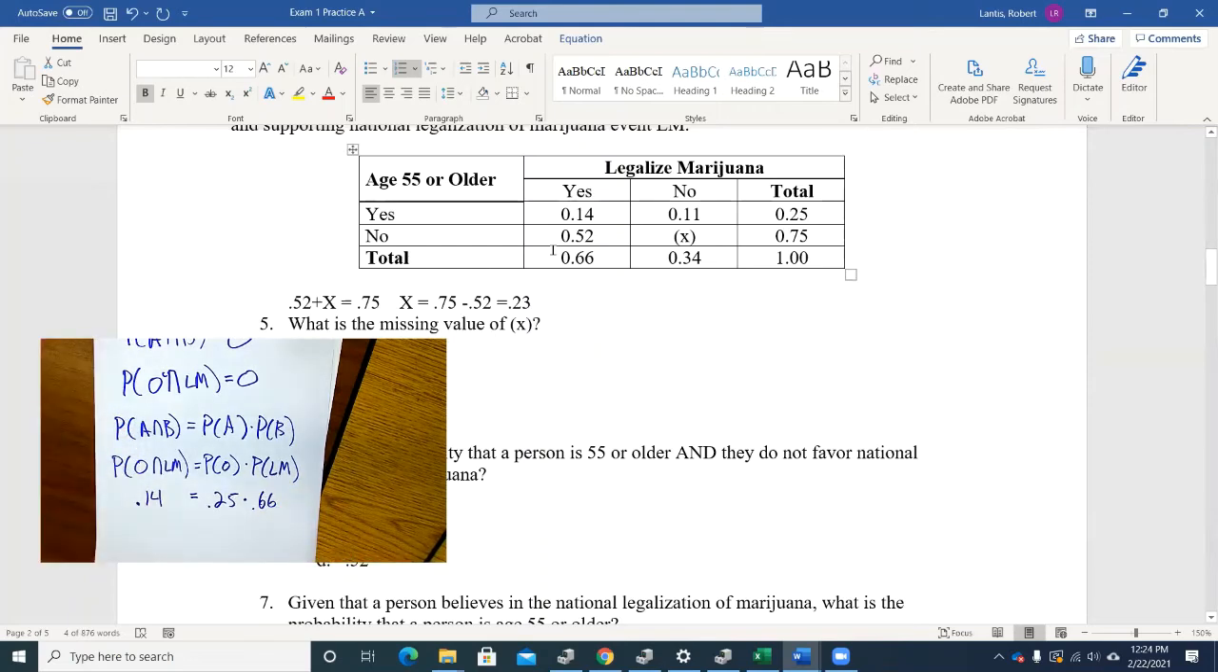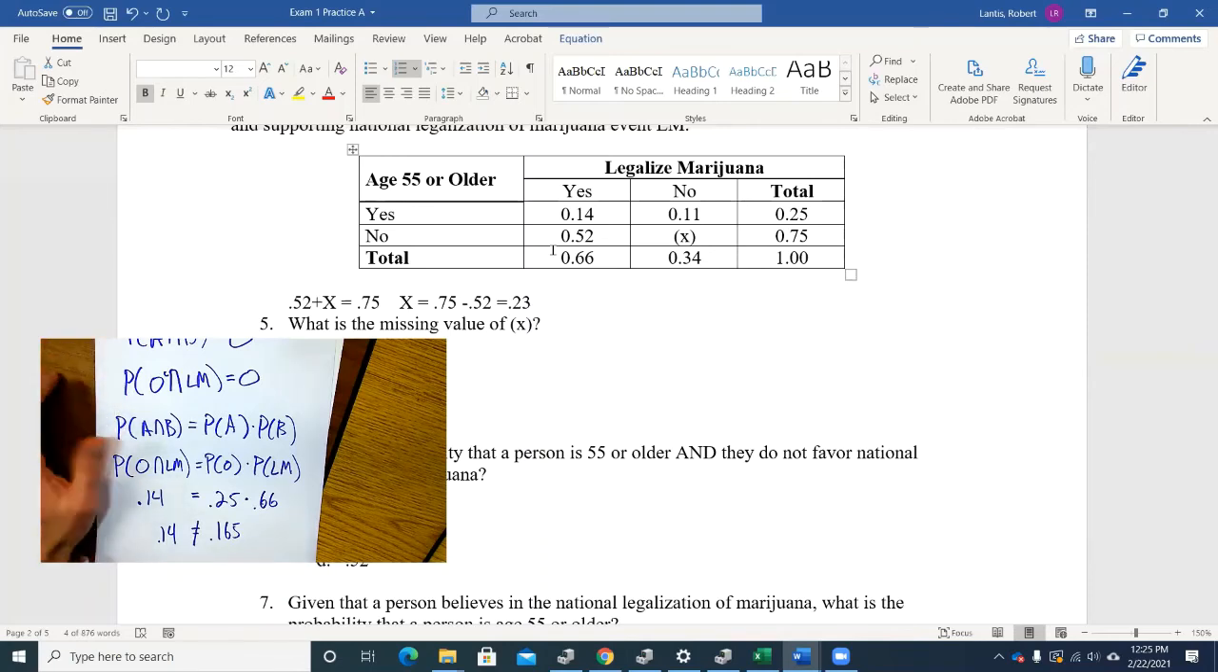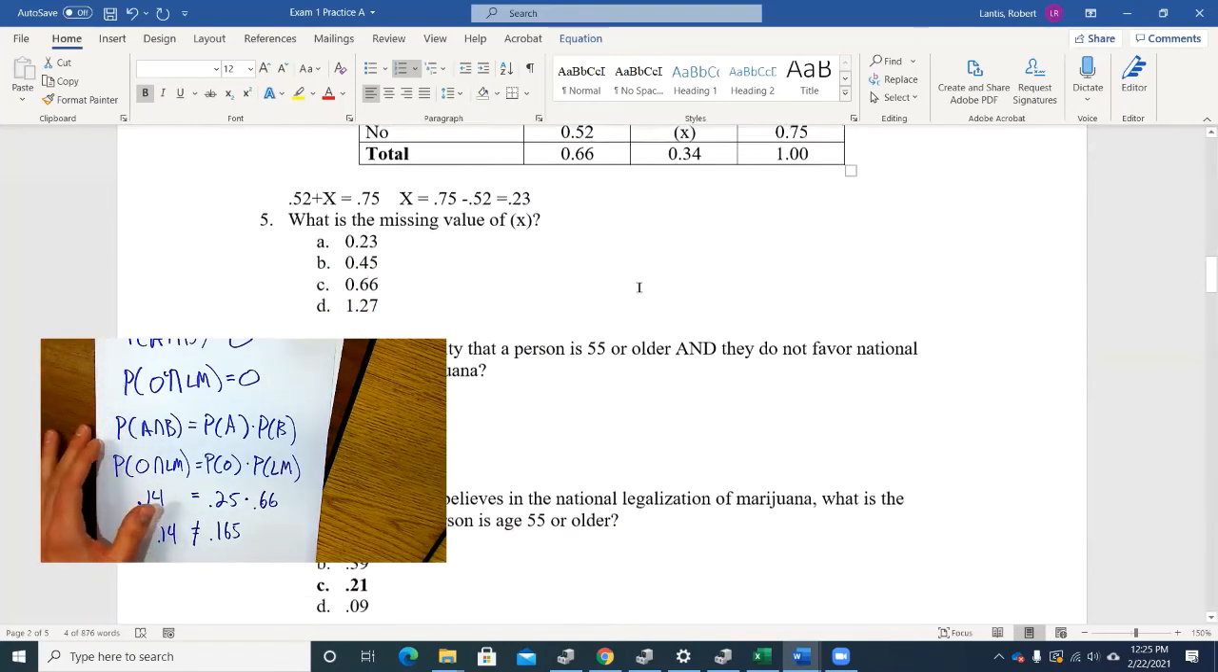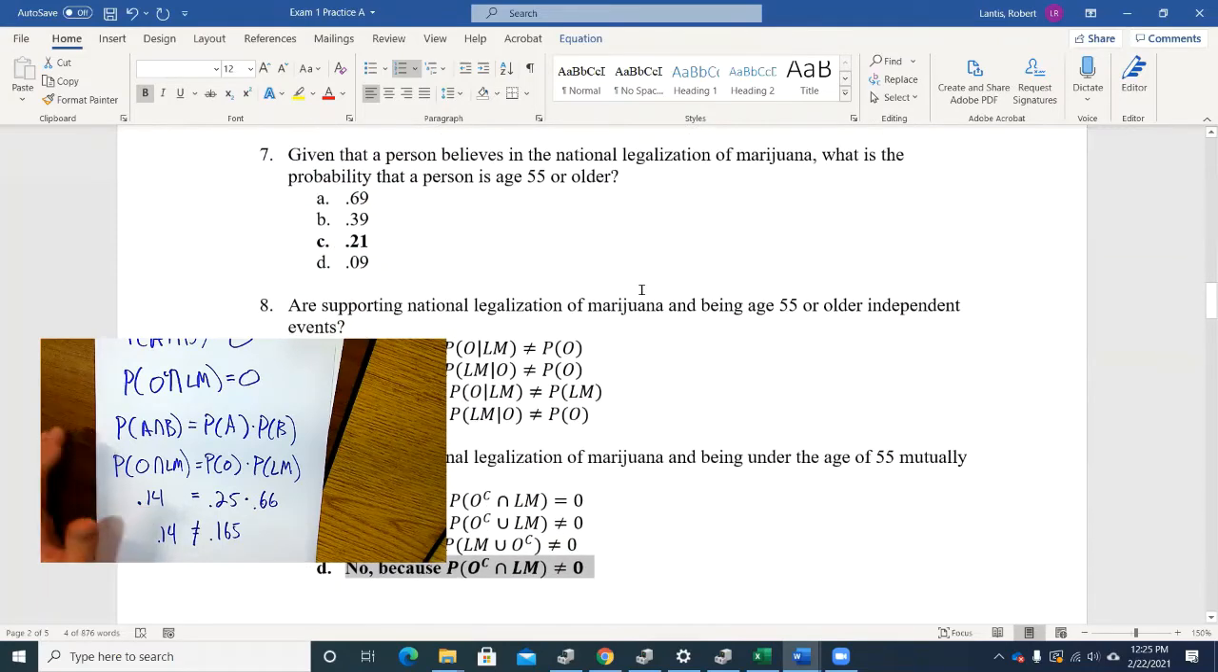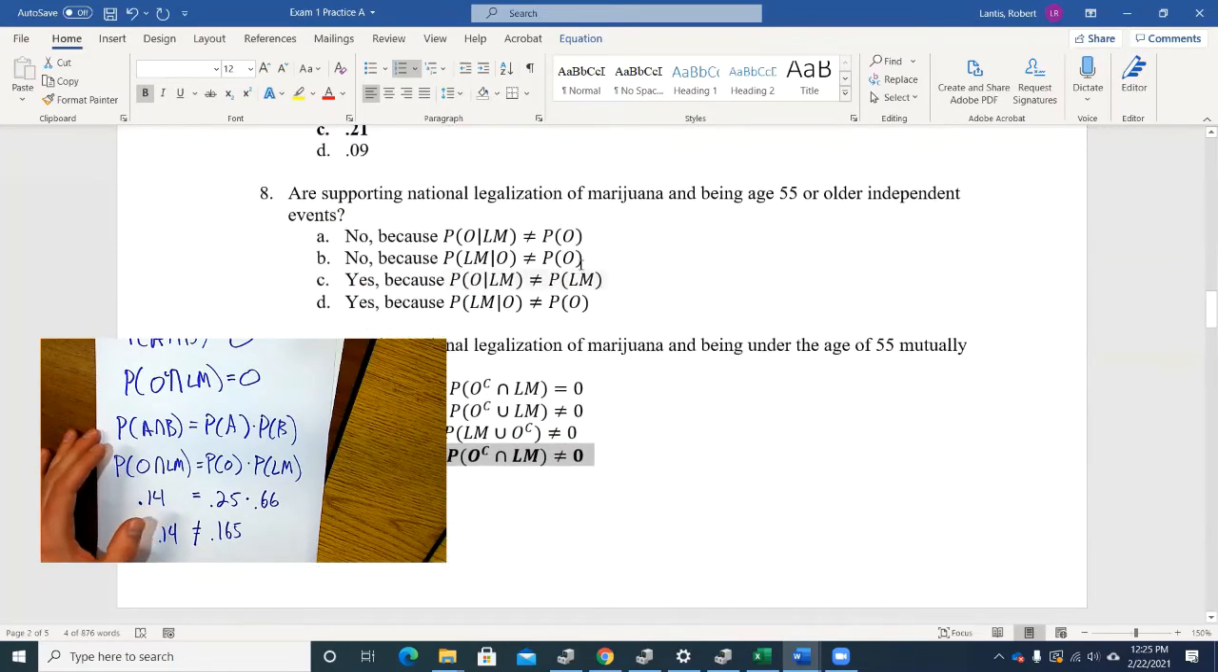So if I do this math right, 0.25 times 0.66, I get what? 0.165. Are those two things equal? No, so they can't be independent. Right? Now, that's a way to check to see if they're independent. The problem is the answers that we have here, so that might be good for a short answer, but here